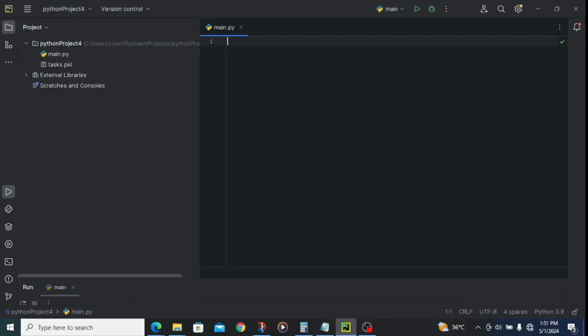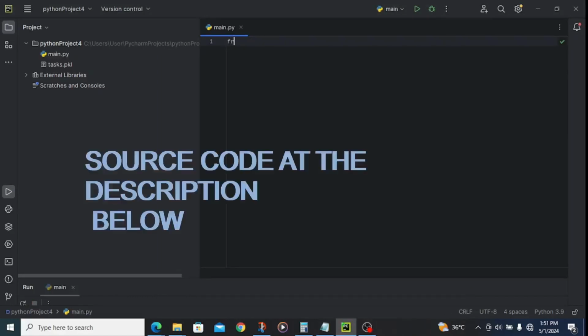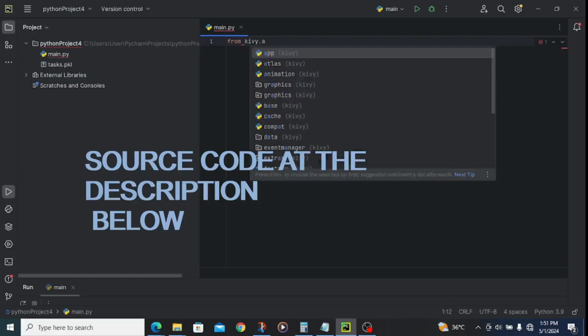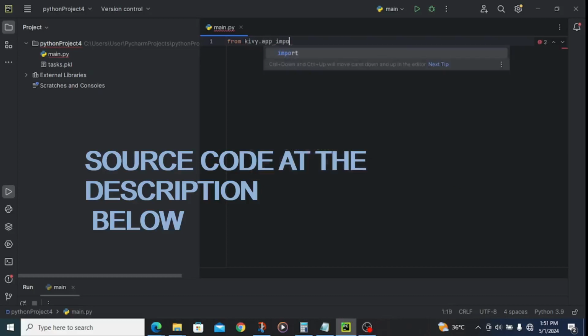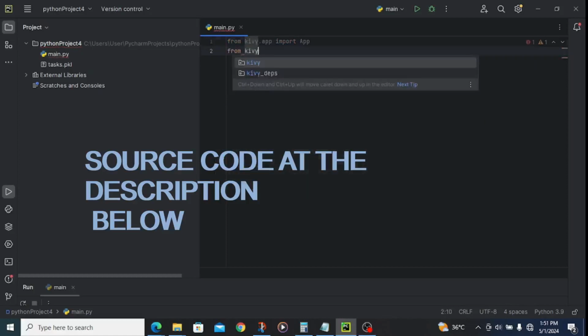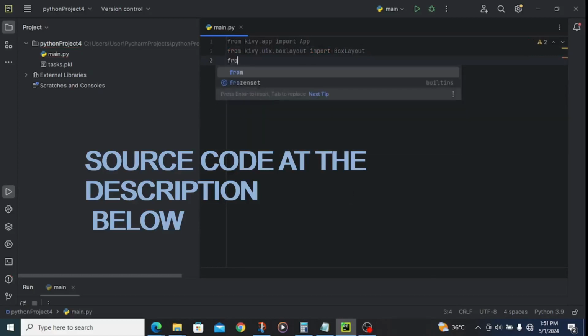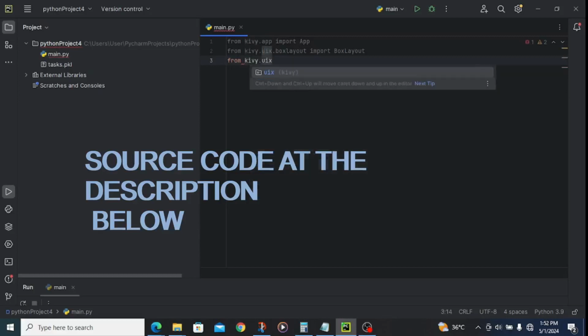So our first step is to import the relevant properties, and to do that we are going to write from kivy.app import App, then from kivy.uix.boxlayout import BoxLayout, then from kivy.uix.label import Label,